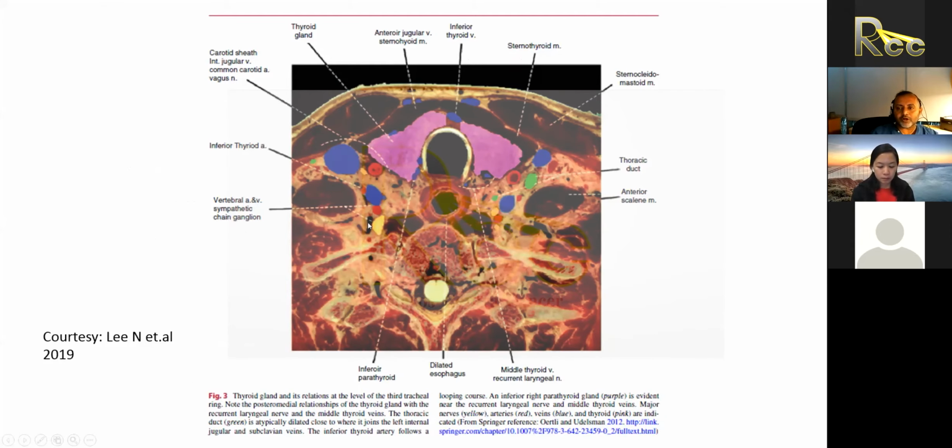So here, I just borrowed this picture. This is actually in Dr. Lee's most recent contouring book. I just wanted to show you a lot of the critical anatomy that,